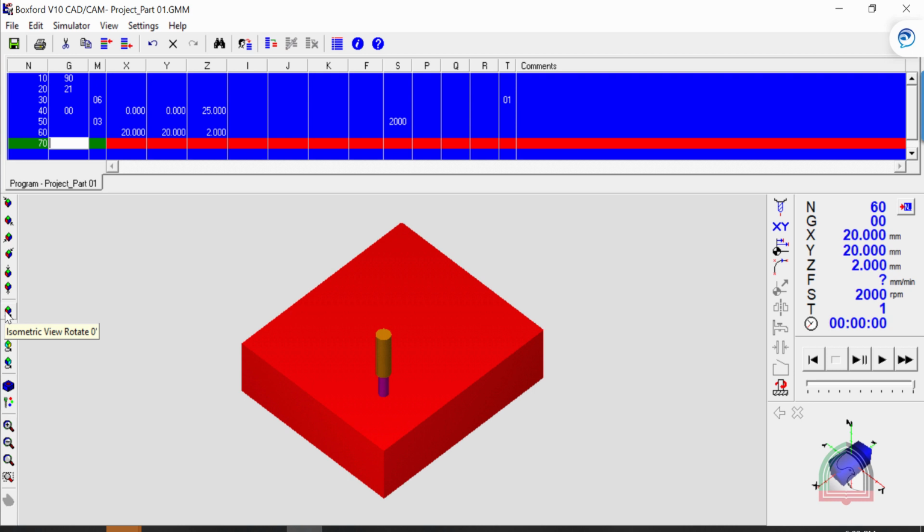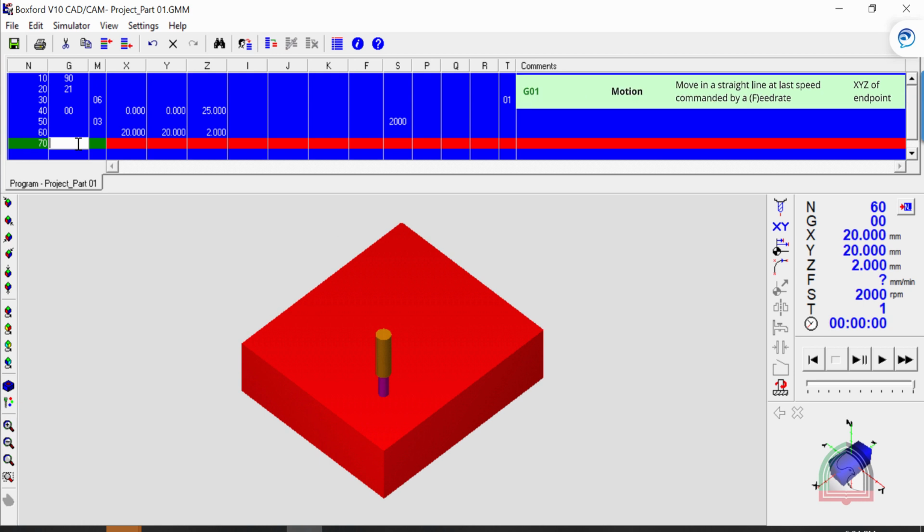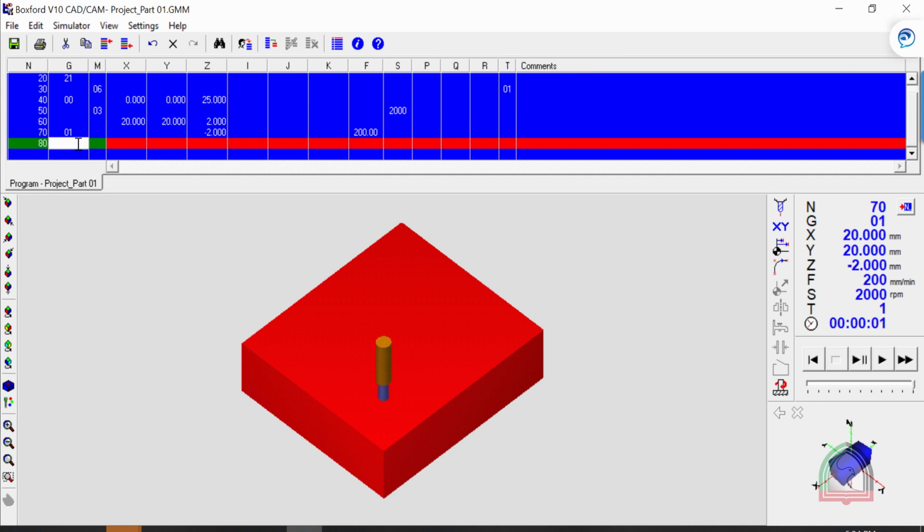So all the tool positions, we can calculate like the surface is considered as Z0, into the material is a minus value. So here we are 2 mm above the surface right now. In order to enter the workpiece, we need to use G01. G01 is a linear interpolation with a feed rate. So when the tool is going into the material, you need to provide G01 always with a feed rate. So I'm giving a feed rate of 200 now. You can see that the tool went inside.